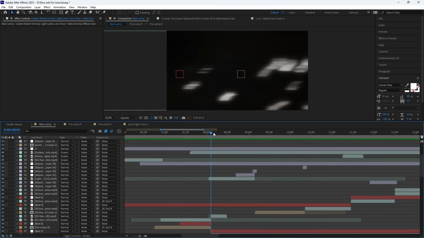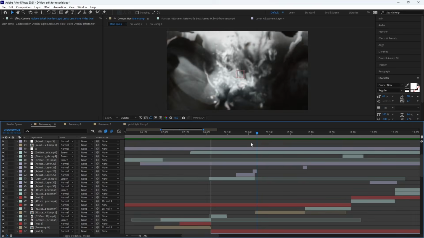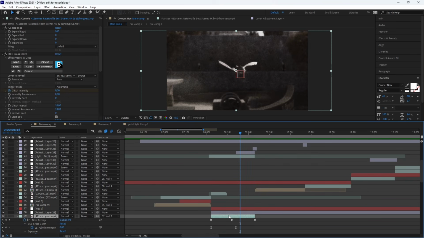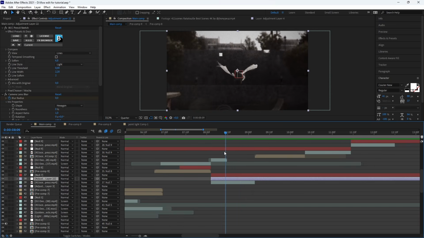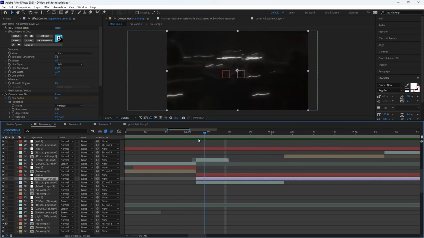Then the next transition is this one, poof, to the water. That's cool because there are new effects. Wait, let me see something. Yeah, I remember, I forgot. Sorry.